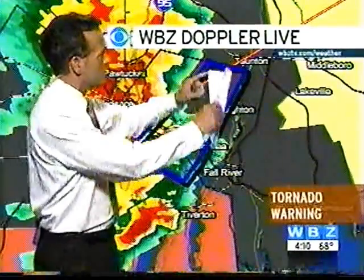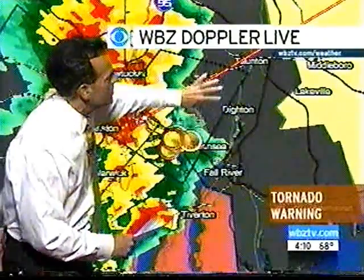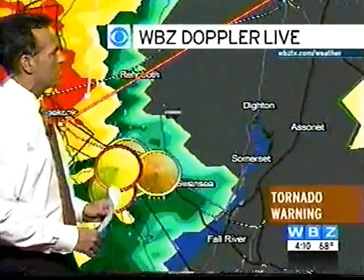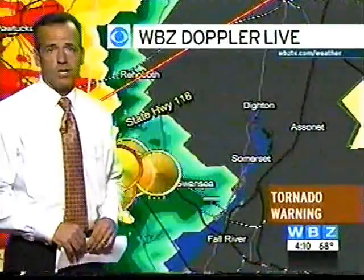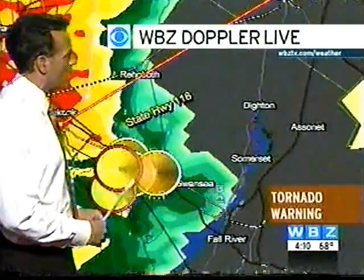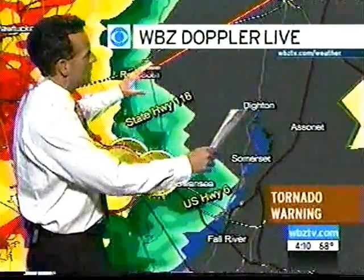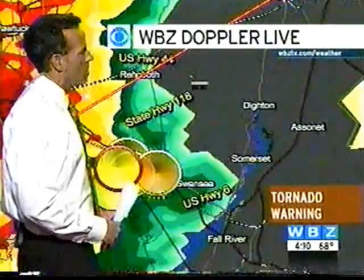So this is the area we are talking about, from Barrington, Rhode Island, to the north and east, right toward Taunton. These are the areas that have to take precautions and do the necessary procedures right now. This is a life-endangering situation where we could have a tornado on the ground. Rehoboth, you're in this too, down to Swansea, perhaps Dighton. These areas right in the path, you have to take precautions right now and get into the basement, because this